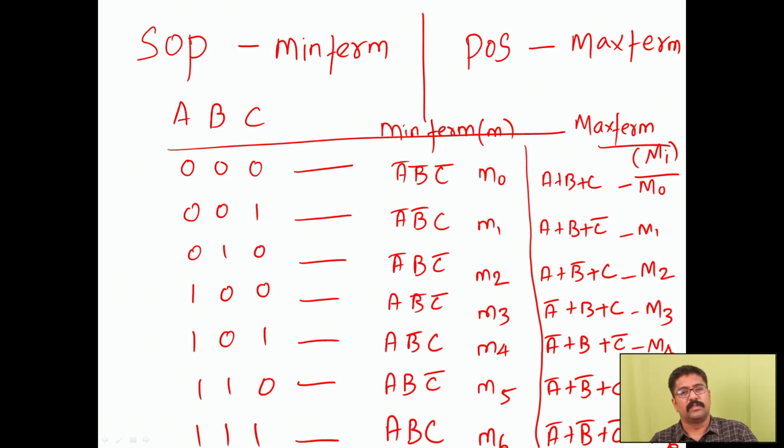So we have started with the sum of product. Each term in the sum of product is called the min term, and each term in the product of sum is called the max term. Okay, now let us go into the